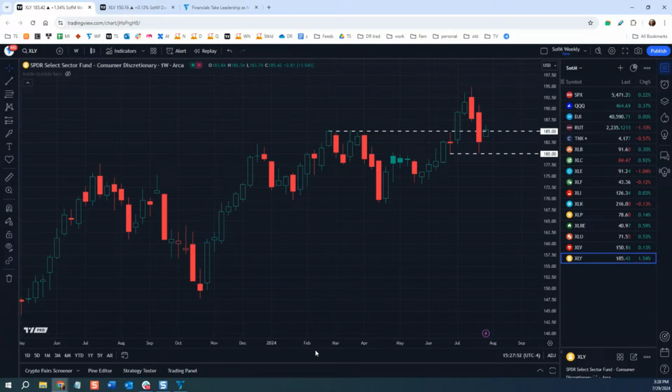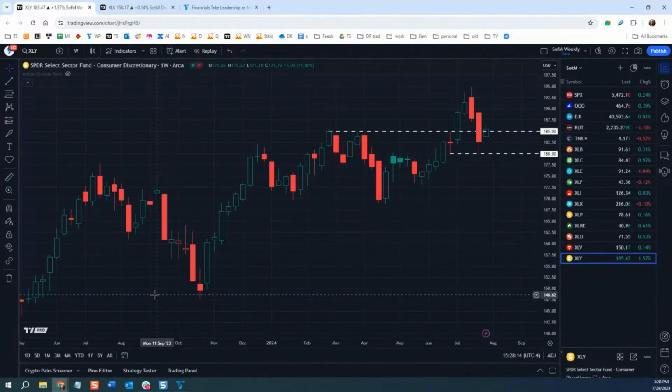But again, it's interesting to look at the XLY because we have a high here from back in February. Tesla had an upgrade today, but they've had a lot of back and forth with all sorts of things with electric vehicles and robo taxis that at some point might come, and a lot of things about Tesla that make it a complicated company to understand. That's what I mean about crazy stuff in Tesla.